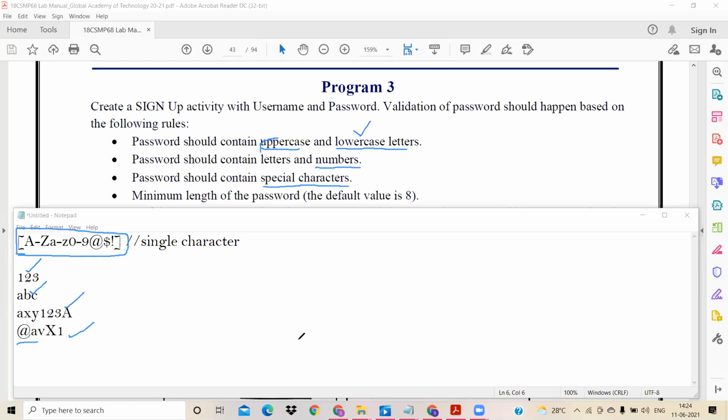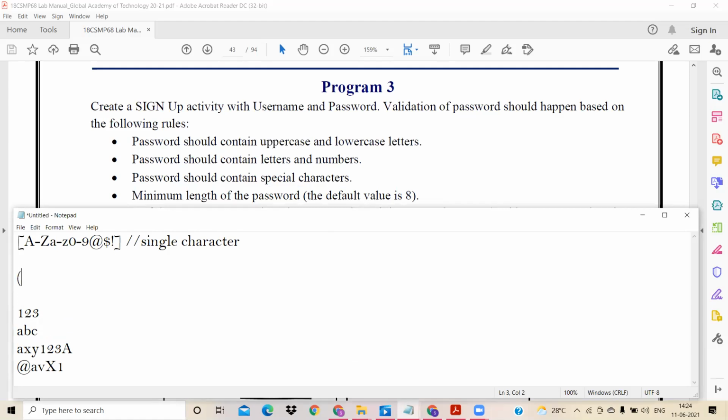So now, in order to do that, I'm going to include what we call lookaheads. The syntax goes like this: question mark, colon, and then I write the corresponding expression. Dot, in a regular expression, indicates any character, and the star indicates that I want to repeat this single dot 0 or more number of times, followed by capital A to capital Z. And we call this a lookahead.